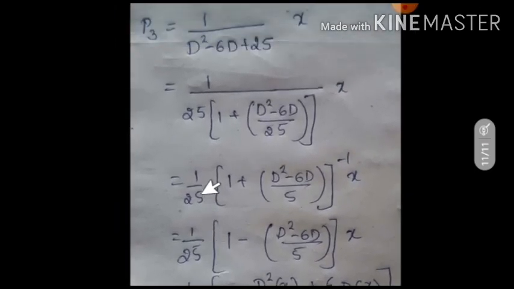P3 is of the third type. So the constant term we need to take outside to make it in the form of 1 plus x. So from here take 25 common. These two terms do not have 25, so both terms should be multiplied by 25. That multiplied 25 is taken outside as a common. To compensate that, I have to divide it by 25, so divided by 25 is written inside the bracket. So 1 by 1 plus x form, I should write it in the form of 1 plus x whole to the power of minus 1.